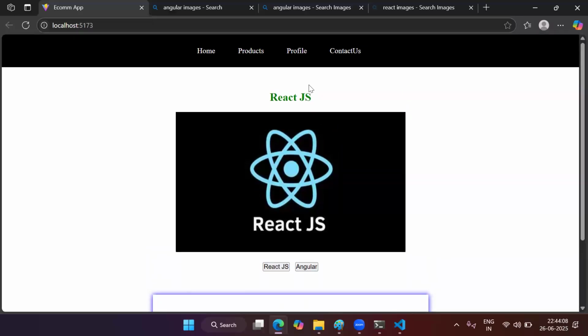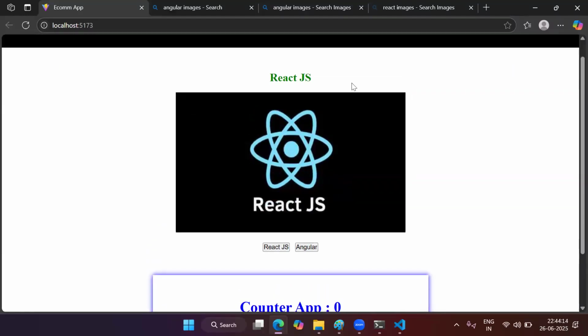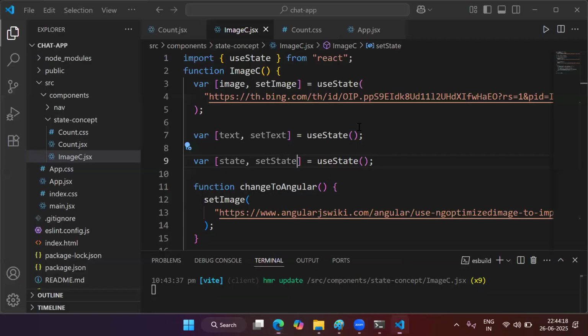Okay. So just work on this example of the state concept. In the next session, we will work on more examples, and in a little more depth we will understand this state. Some more points we need to understand about this concept, that we will discuss. Sure. So from today's session, you